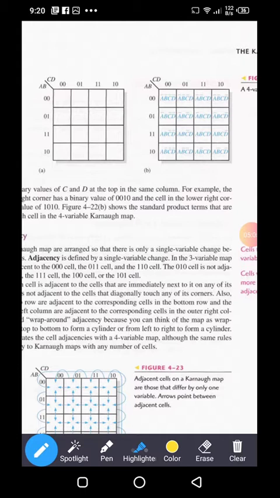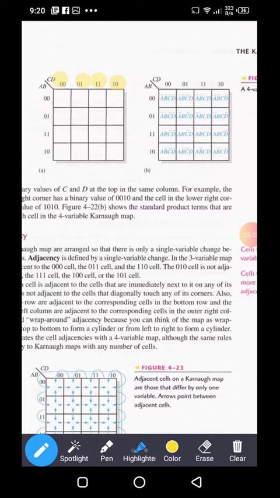Okay, then the first column has a binary value 0 0. Second column has binary value 0 1. Third column has binary value 1 1 and fourth column has binary value 1 0. You can see here 1 1 comes first and then 1 0.